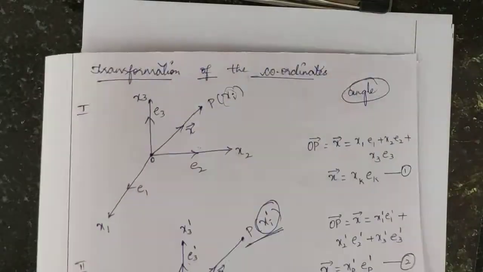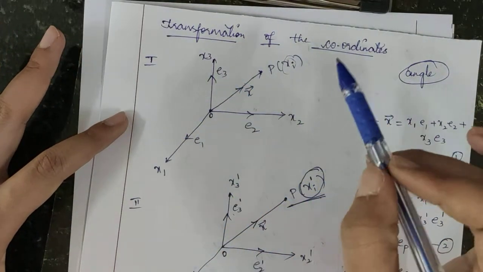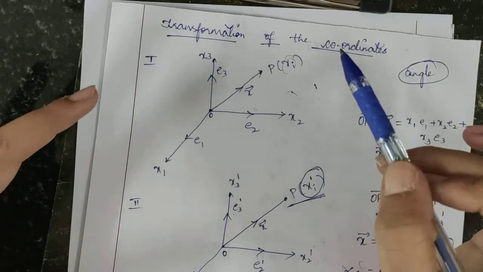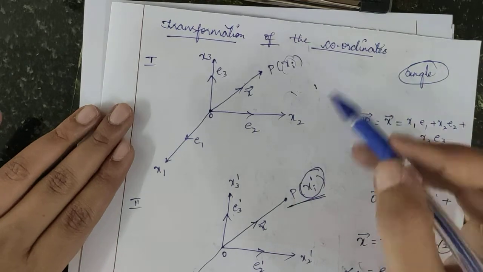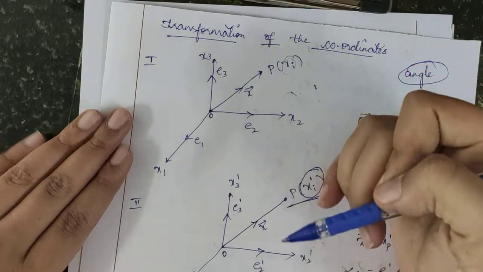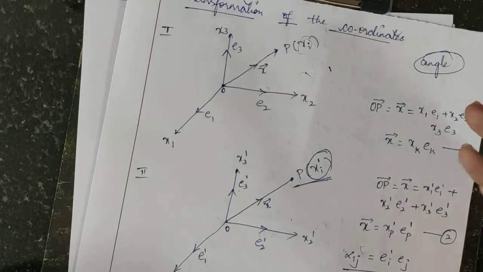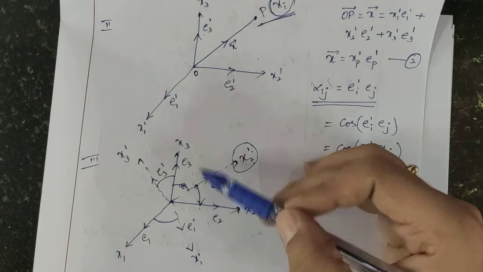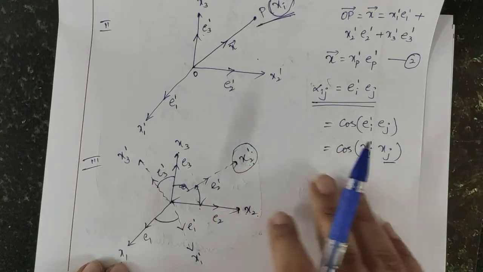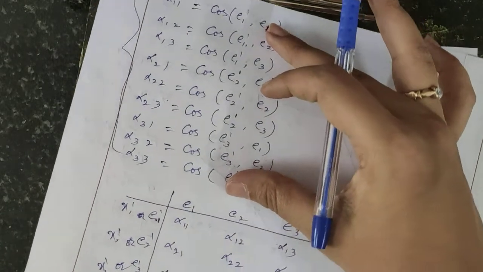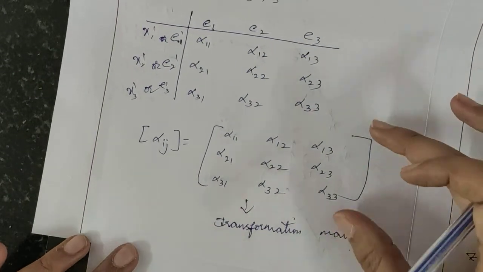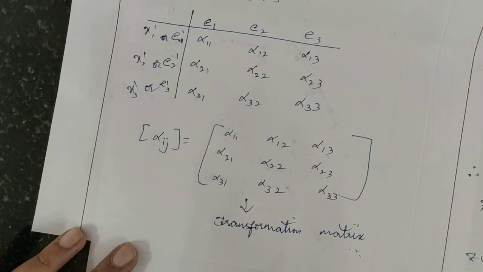So basically we are considering the standard coordinate system, and that standard coordinate system transforming to another system. That means there is a transformation of position of the vectors. Okay. So once the transformation takes place, obviously there will be an angle difference. We are representing that angle difference for all the combinations in this pattern, and this list can be written in the matrix form. The resultant matrix is called as transformation matrix.